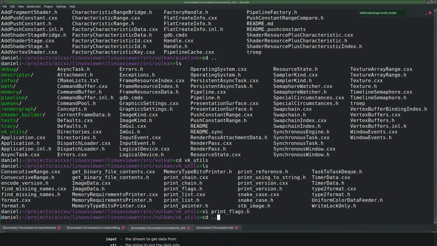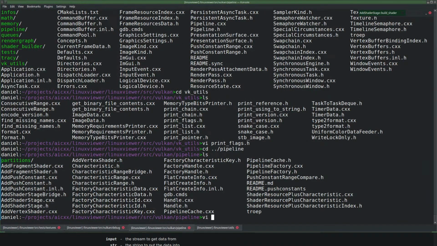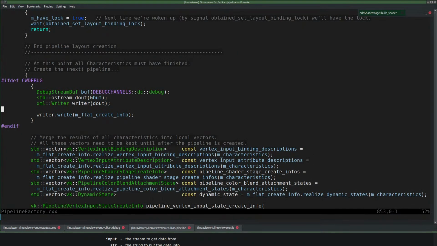Let's move this one to pipeline. Yeah, the pipeline factory. So here I have a write, and I'm stupidly writing to an O stream here that prints to DC debug.